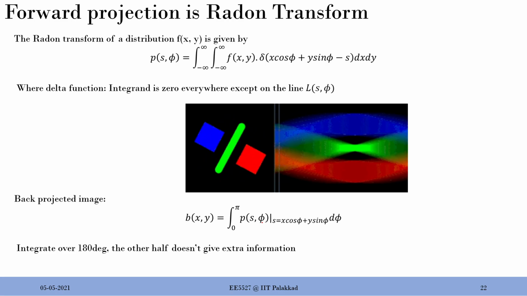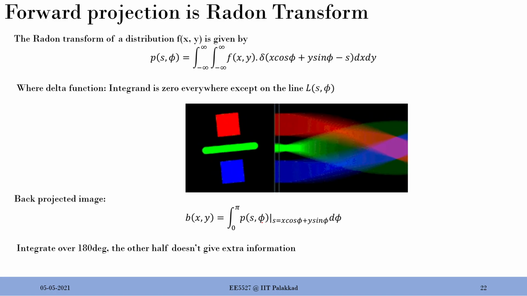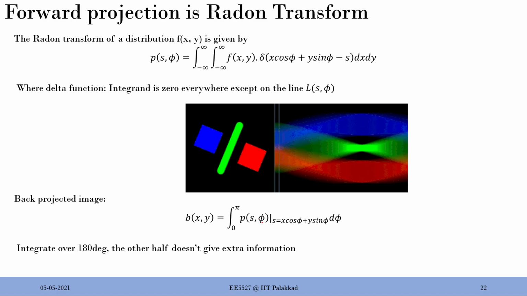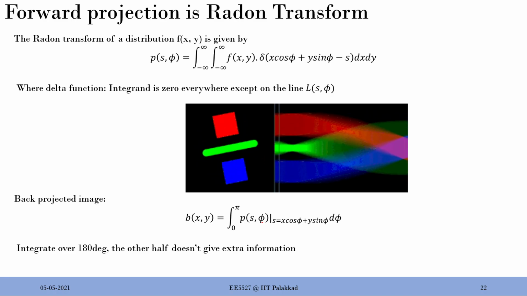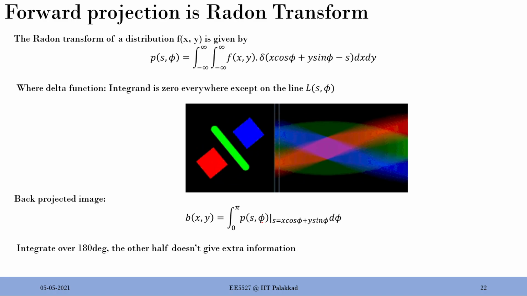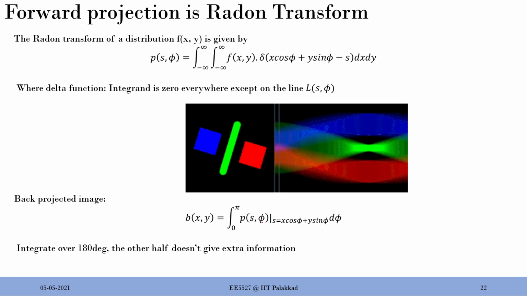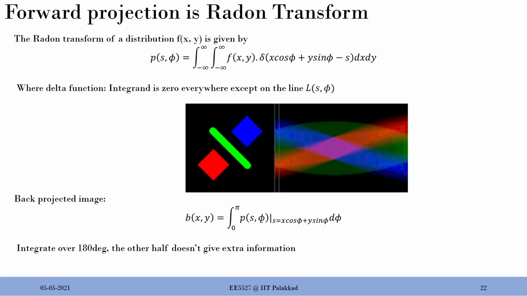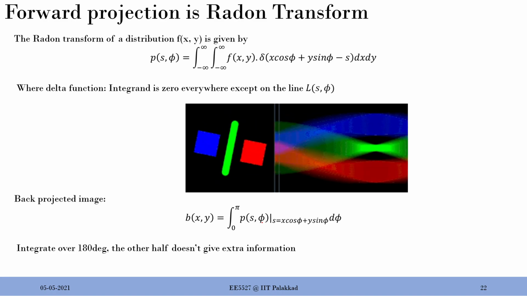This is not filtered back projection, this is normal. So the Radon transform is what you have as sinograms, and all you need to take is the inverse Radon transform. For back projection we do have the inverse Radon transform, so you don't need to go through that algebraic reconstruction technique that I was talking about all the way. We were explaining it using that table. You can just use the inverse Radon transform.